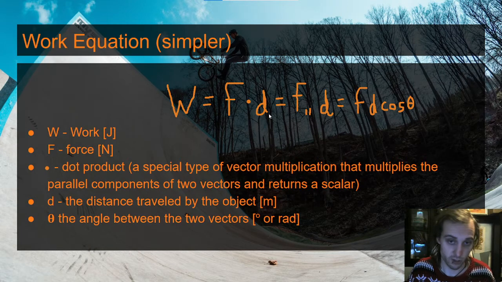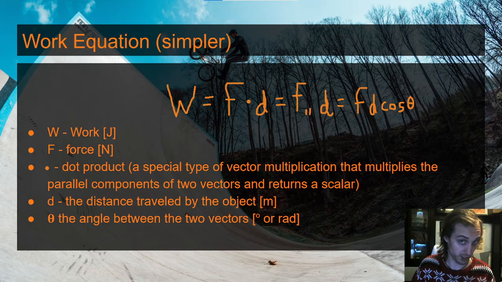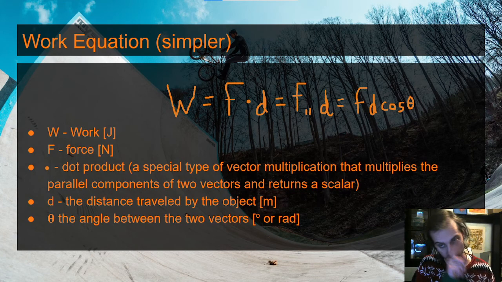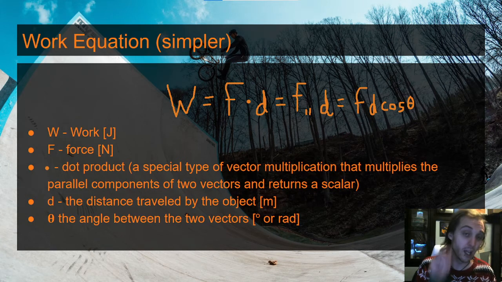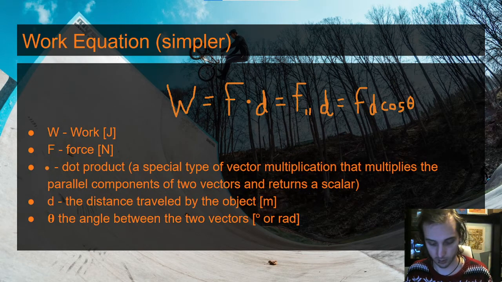So the simpler version of this equation is that work is equal to force dot product with distance, because both of those things are vectors. What that is the same thing as saying is the component of force that goes the same way as the distance, or the component of the distance that goes the same way as the force. Those two things will be equivalent to each other. A way to find this is to take the force and multiply it by the distance times the cosine of the angle between the two. So in particular,